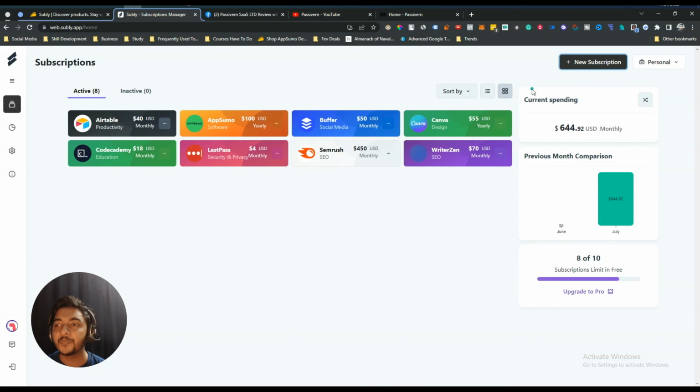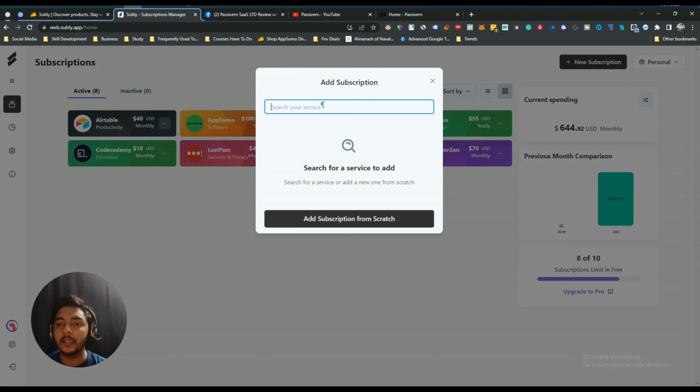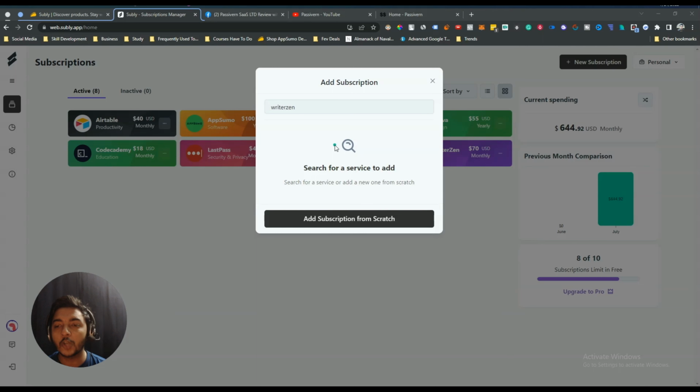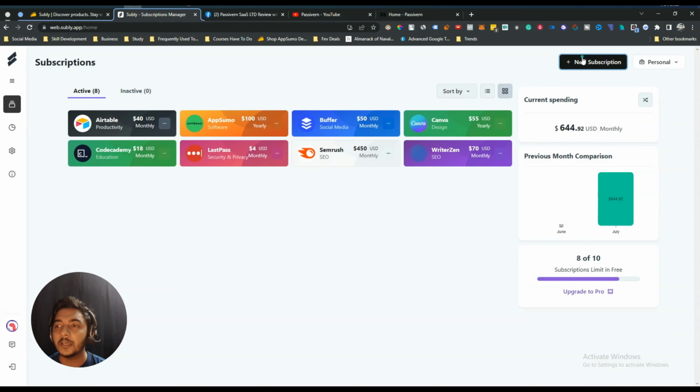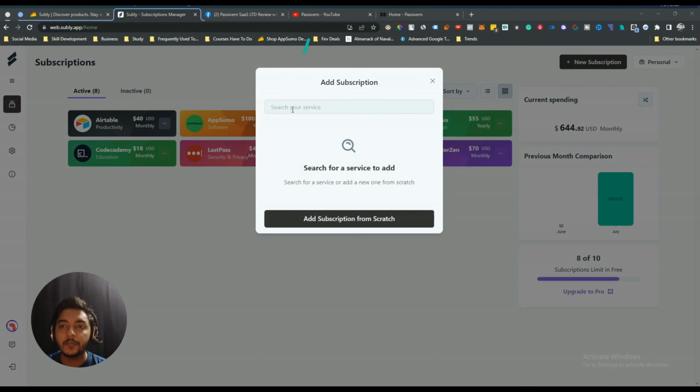Now I will show you how you can add your subscription if the tool is not available in the search list. Let's say if I click here new subscription and then if I search here writer gen, see, it's not available here but you have the subscription. Now how to solve this problem, how to add this writer gen on your dashboard? It's very easy guys. Let's say I will not add writer gen here because I have already added it. Let's say I will add here Aquamba